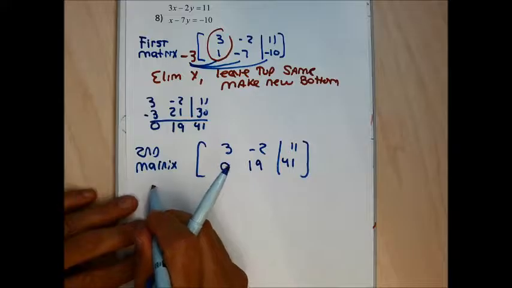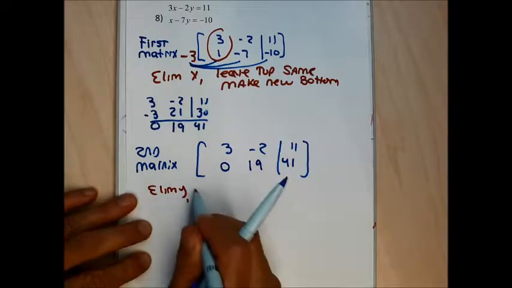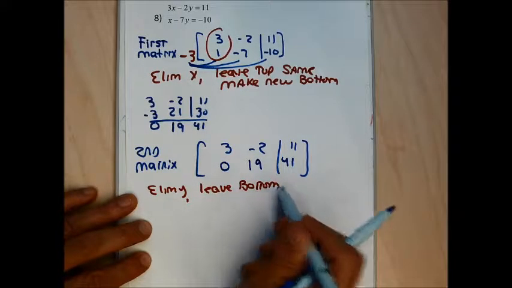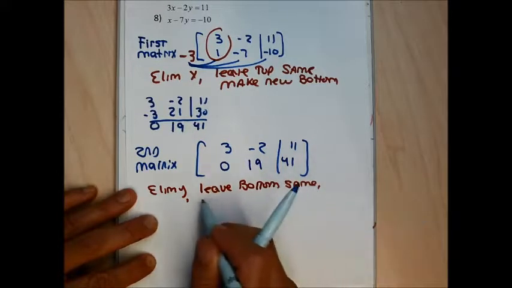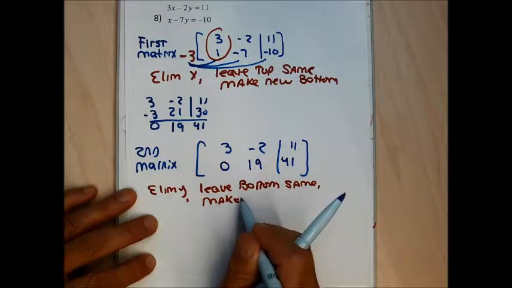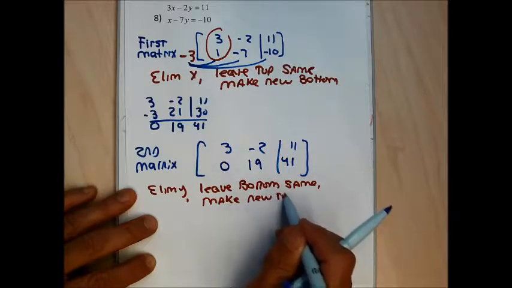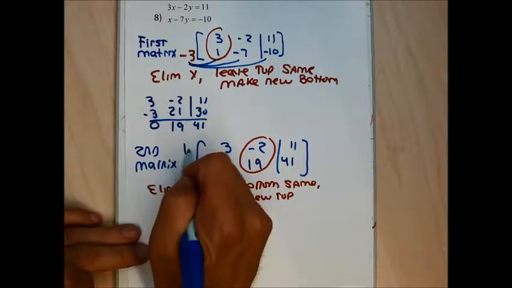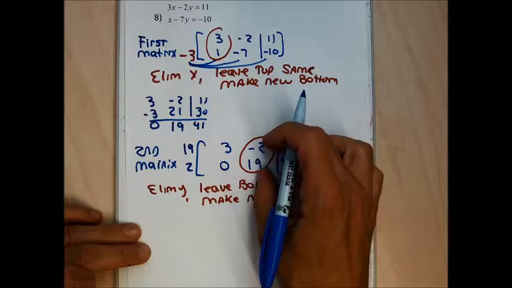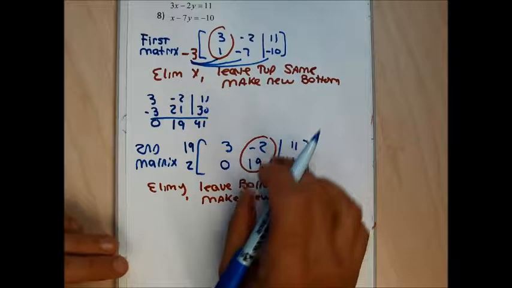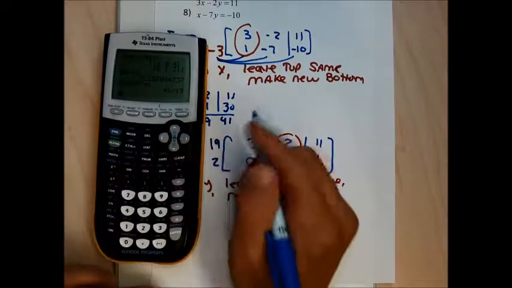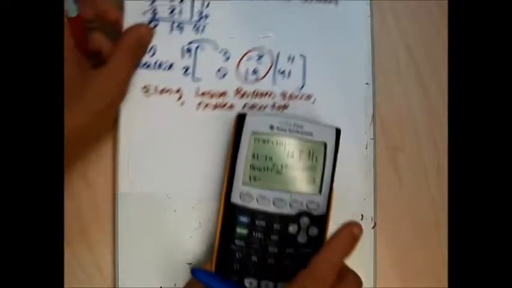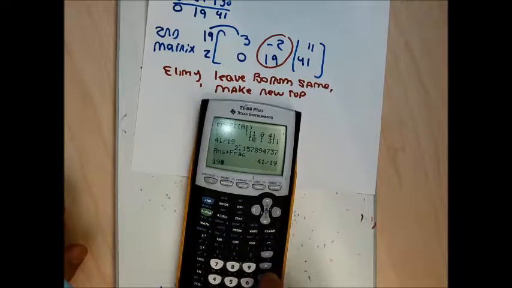Now I need to eliminate the y's. I'm going to leave the bottom the same and make a new top. I'm going to get at least one fraction answer, maybe both fractions. So I need to eliminate the y, and I'm going to multiply the top by 19, the bottom by 2. That's going to give me 38, which will cancel out these horrible numbers that I need to cancel out. So I'm going to go top 19 times 3. Wish this wasn't such a fight to get this to work. So top 19 times 3,